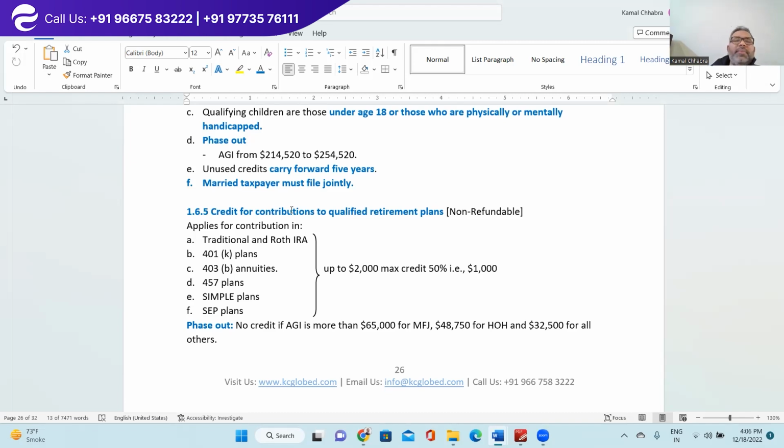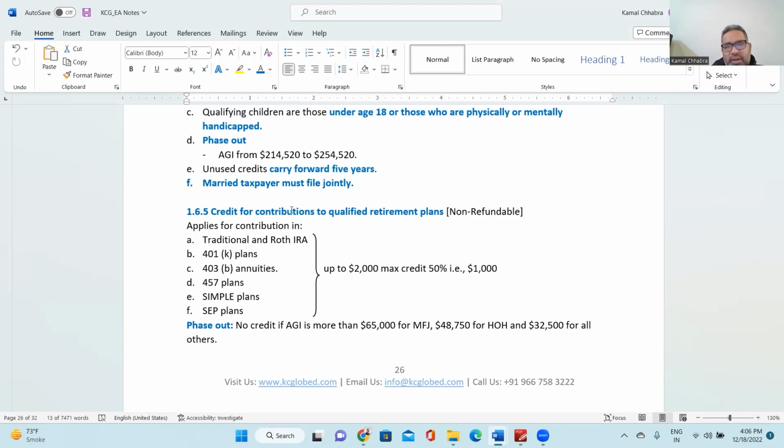That means maximum tax credit you can take is a $1,000, but still there are further condition that your AGI should not be more than 32,500 in case of single or married filing separately, or for the widower, right? But for the head of household, 48,750, and married filing jointly 65,000, right? If your income is more than that, then you will not be getting this tax credit,